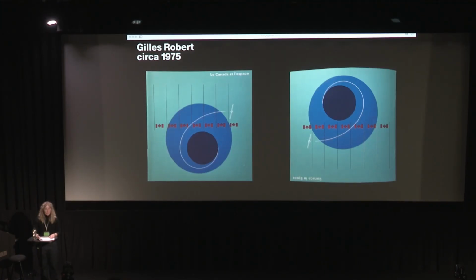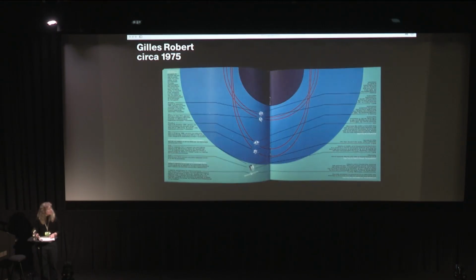In this Canada in Space booklet, one half is in English, and when you flip it upside down, the other half is in French. I especially like the center spread, which forms a clever transition. The same space illustration showing technology orbiting around Earth is used in both languages. Since it represents outer space, the upside-down layout feels natural as everything kind of floats.